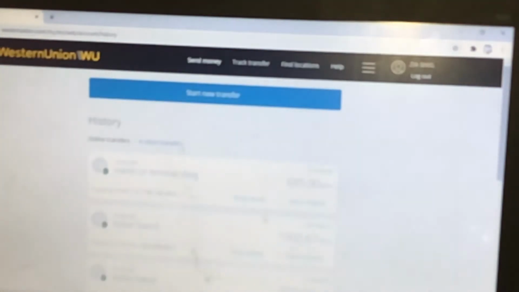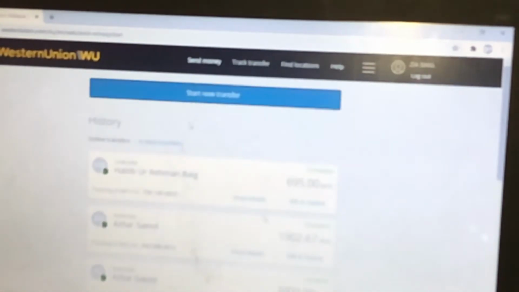I'm adding my username, password, and now it will show me a screen where I can start a transaction. It will show you the history of how many persons you have sent to before.